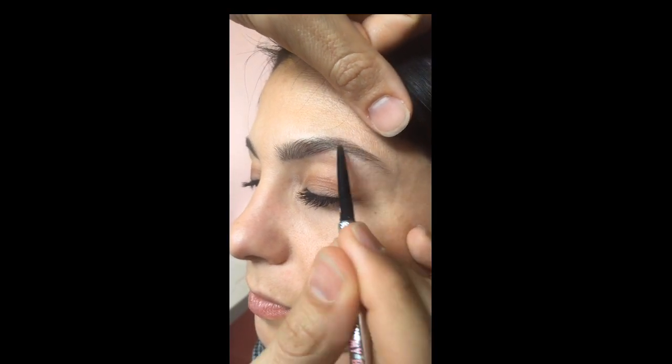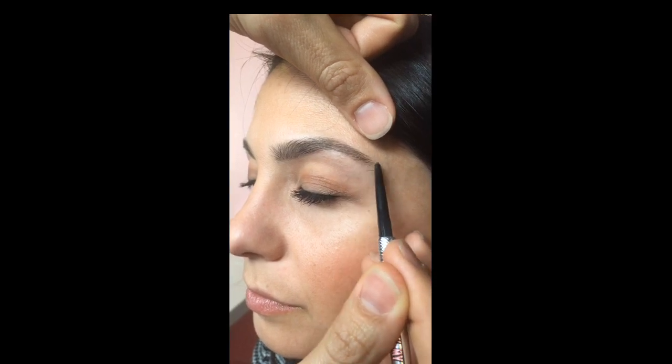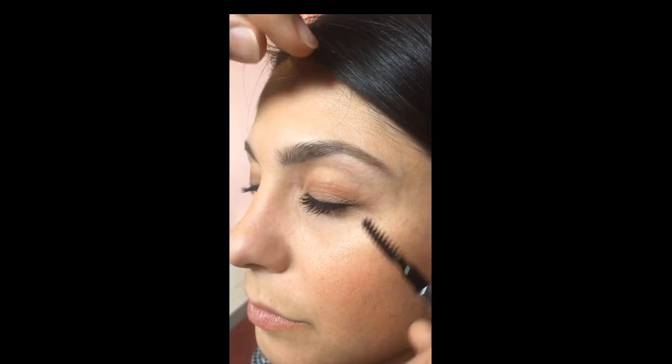And always, that tail is super important to pay attention to, because everybody's tail can start to look a little bit weaker. So I always just go through and do a little wash of color along that tail. But take a look at the difference. You can see like